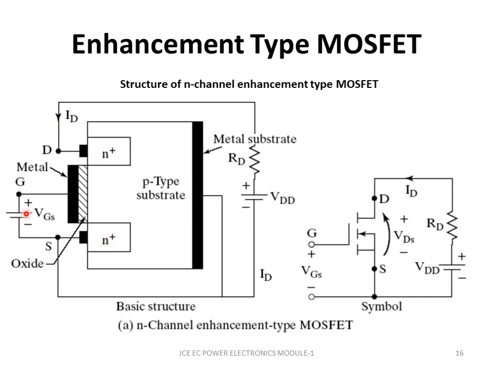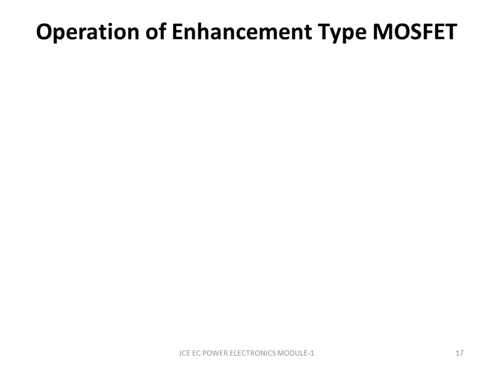If I put negative, then of course the region will be depleted of electrons, right? If I put negative here, whatever electrons are there will be pushed away, and what is positive will be pushed here. So there will be no further flow of current, right? So this is your enhancement type MOSFET. This is the basic symbol of this particular way of connecting it. And you can see there is an isolation here, right? Basically this is how the N-channel enhancement type MOSFET works.